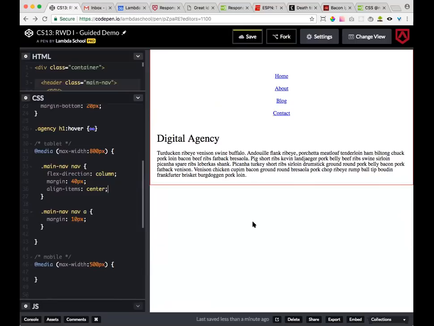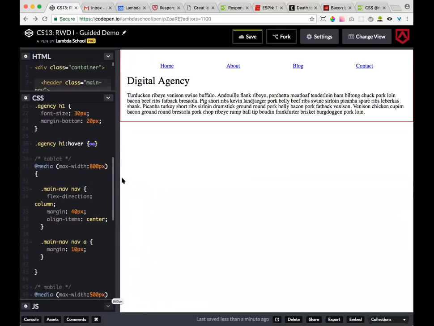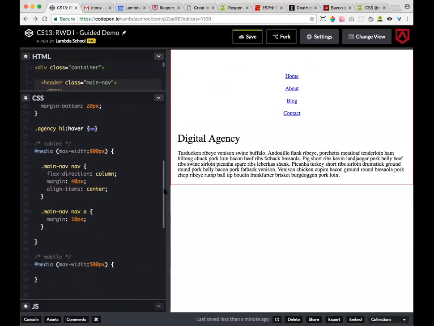There we go. So you can see the huge difference between those navigation items, right? This is the kind of stuff I want you to do today in your project. So in your project today,